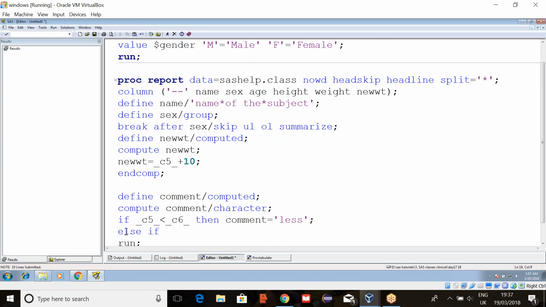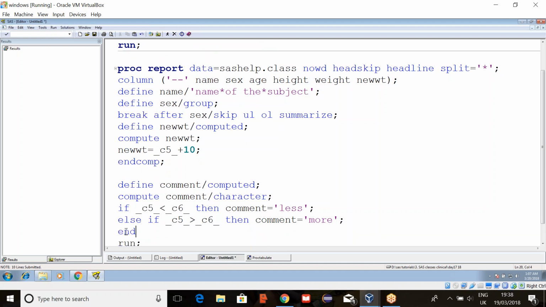Else if underscore C5 underscore is greater than underscore C6 underscore, then take comment equals to more. Endcomp.